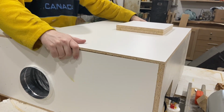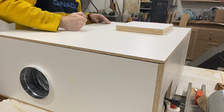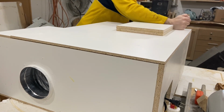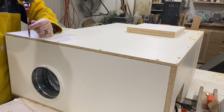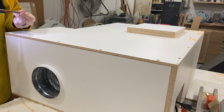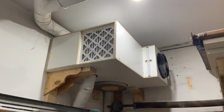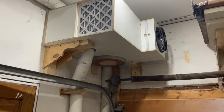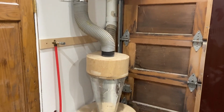I put a piece of seal around it to make sure that when it's pushed against the wall it's relatively airtight. And instead of making it a permanent fit on the top here, you can see that I'm squeezing it all down. I put screws on the top just in case I had to access the dust collector at some point in the future. Hopefully I don't anytime soon, but if I did, I can just unscrew it, pop the dust collector out, and we're good. You can see the finished product mounted, and it does quite a good job, actually, better